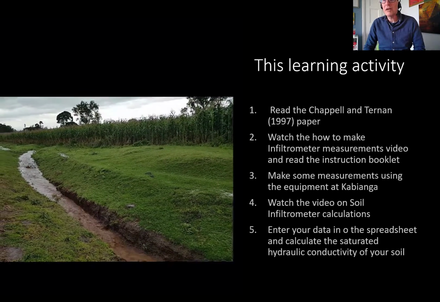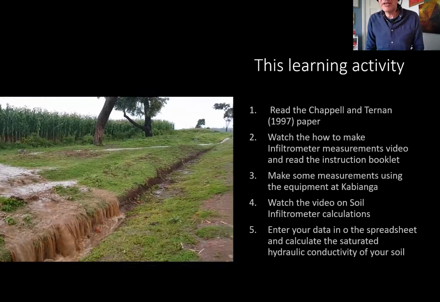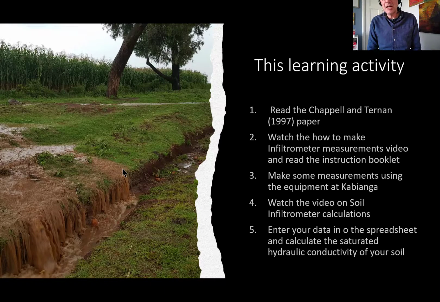So what I would like you to do now is to, if you haven't already, read the Chappell and Ternan paper. Then have a look at the video we've made on how to make infiltration measurements, and have a good read of the instruction booklet that is associated with that video. If you've got the opportunity, if you're at Cabianga and you can have access to the equipment, you can make some measurements using the equipment,